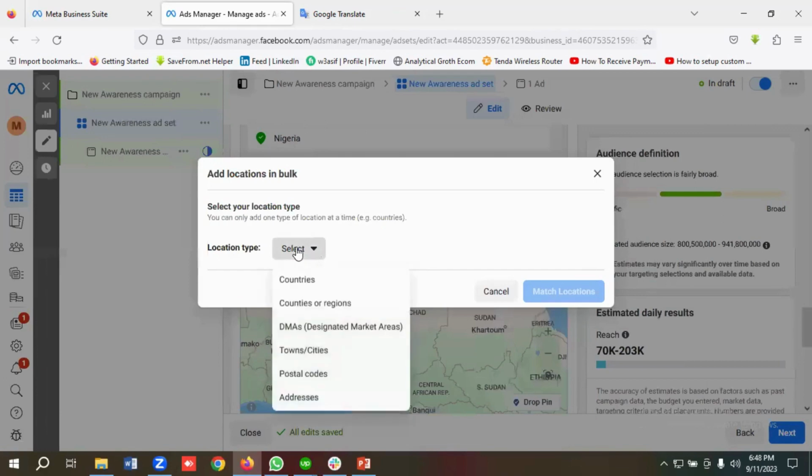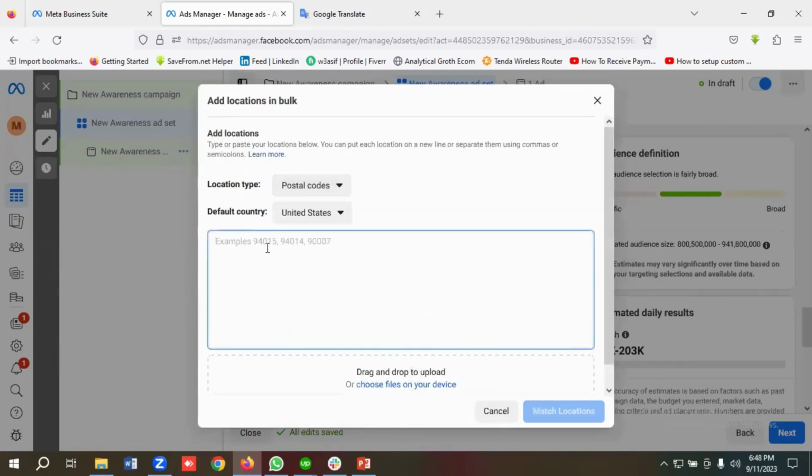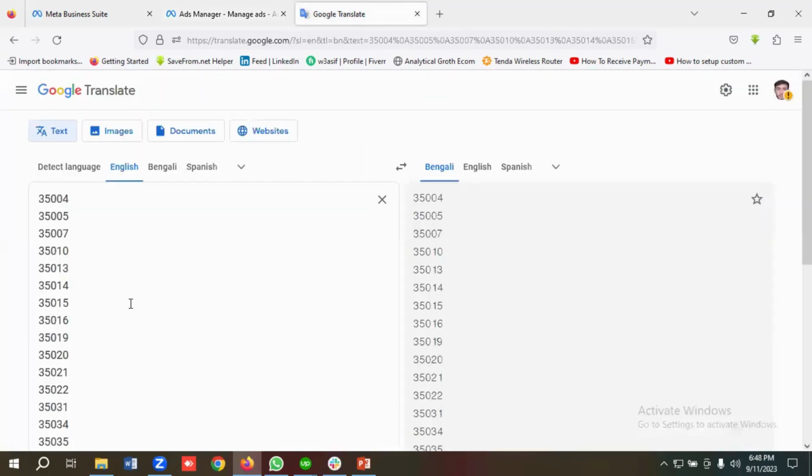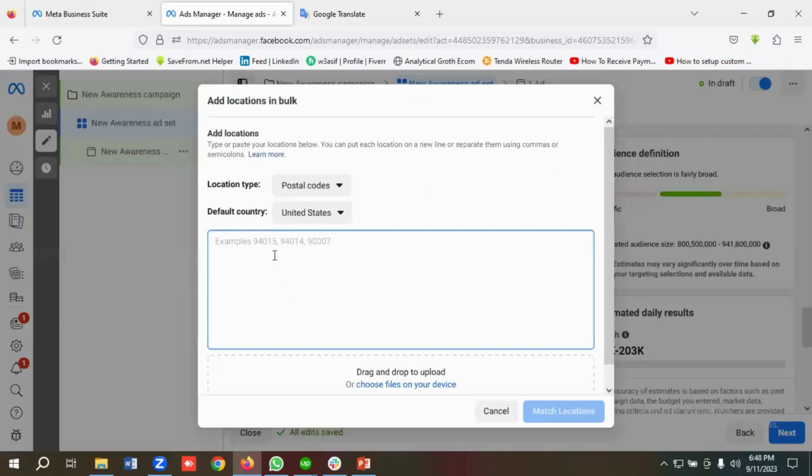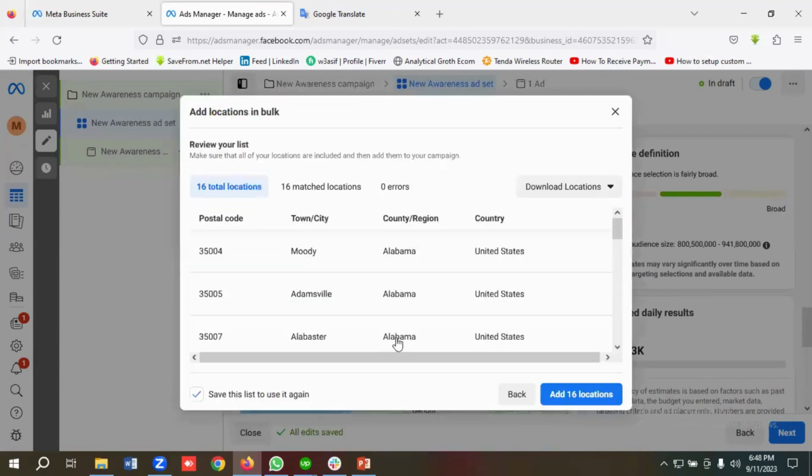For example, I'm going to be selecting some postal codes. So I have collected some postal codes from USA and I want to target them. So I'm going to copy them from here and paste it over here. So I'll click on mass locations. Then you can see over here, they have got 16 postal codes. So I'm going to click on add 16 locations